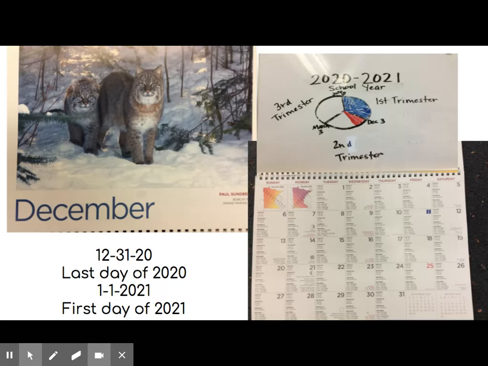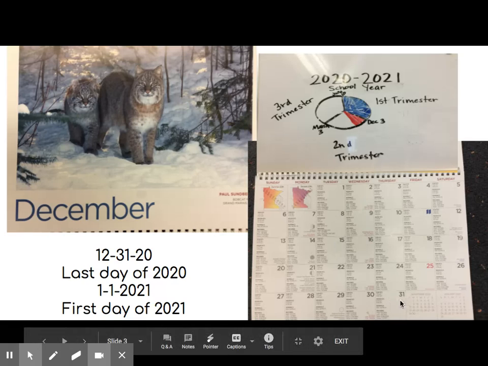For the kids in the Distance Learning Academy with Alicia, you're going to stay distance learning. For the kids coming back to school with me and Katie and Jess, we don't know for sure when that's going to happen. We do know for sure that the 31st of December will be the last day of 2020, and that the first day of 2021 will be January 1st, 2021. So first month, first day, the year 2021.